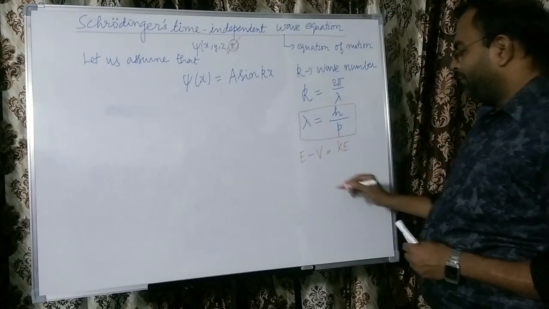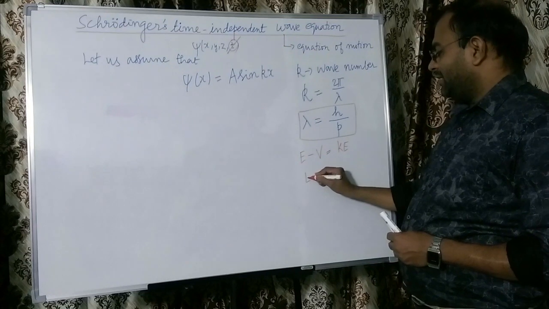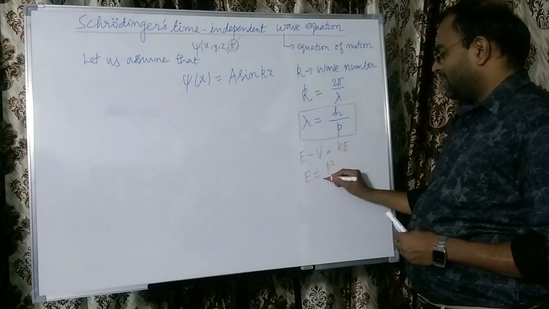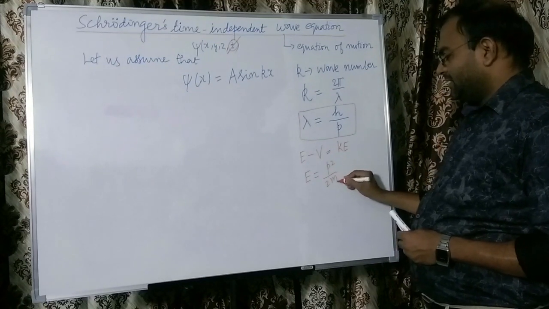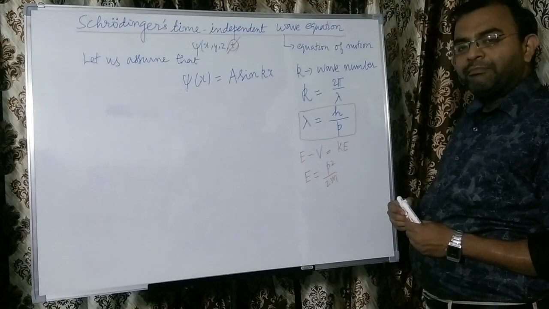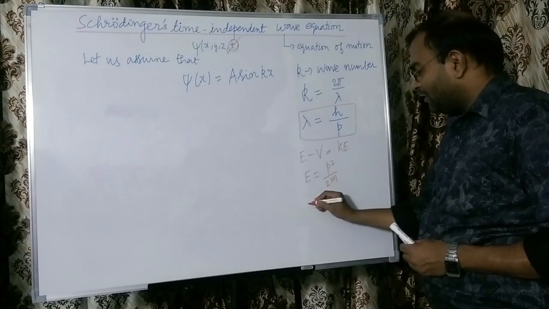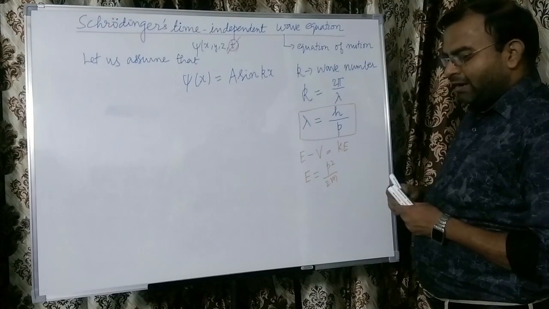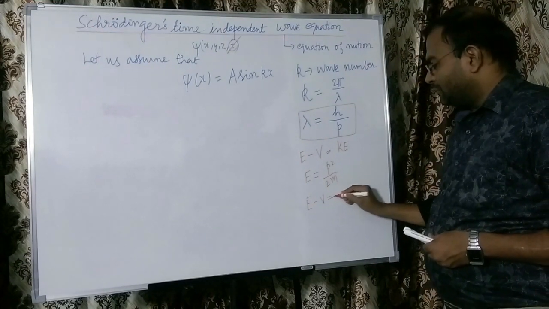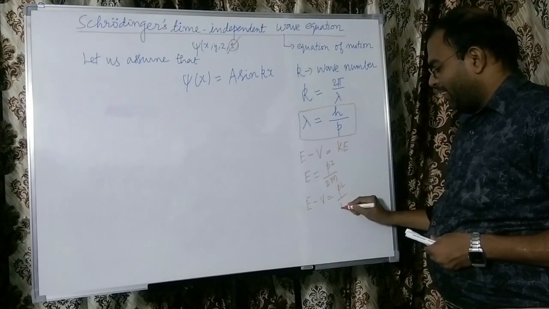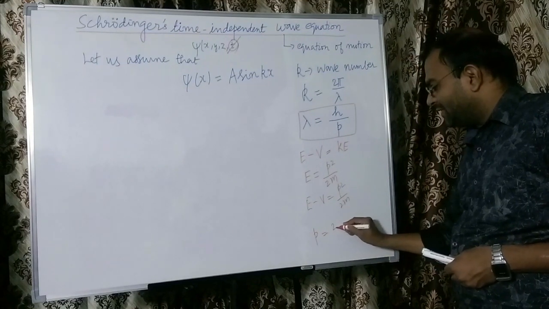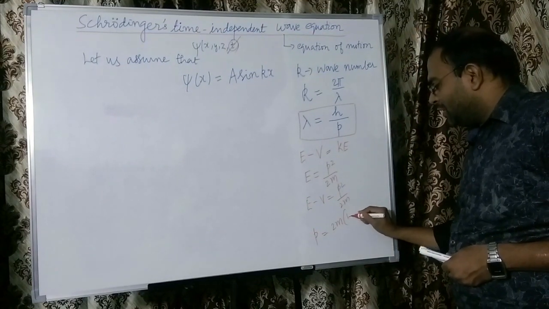Therefore, the total energy E is given by, in the absence of a potential energy, just E is equal to p square by 2m. If there is a potential energy involvement, then obviously this is going to be E minus V is equal to p square by 2m, and therefore this momentum p can be expressed in terms of the kinetic energy as 2